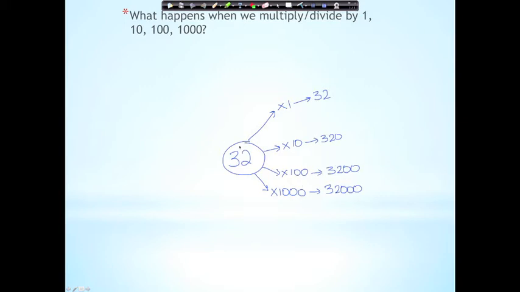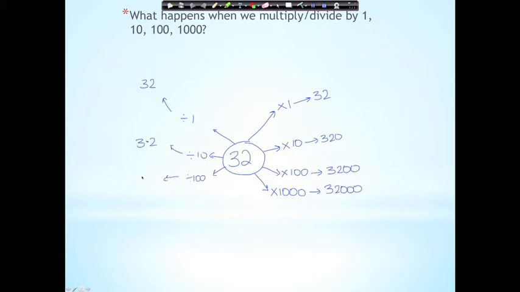Okay, so let's have a think about division. If we divide by 1, 32 divided by 1, I still have 32. If I divide by 10, I'm going to have 3.2. Divide by 100,